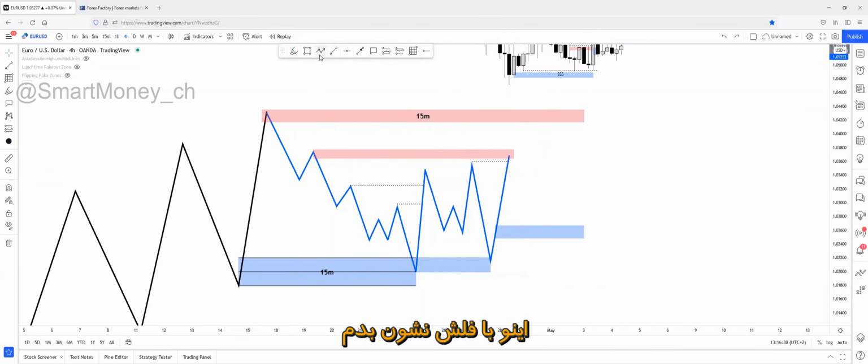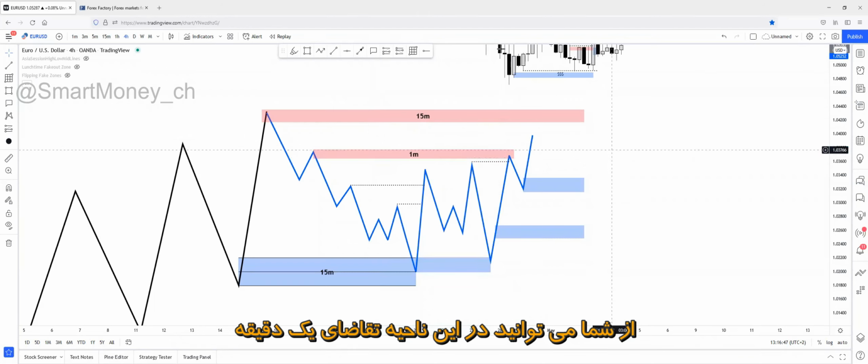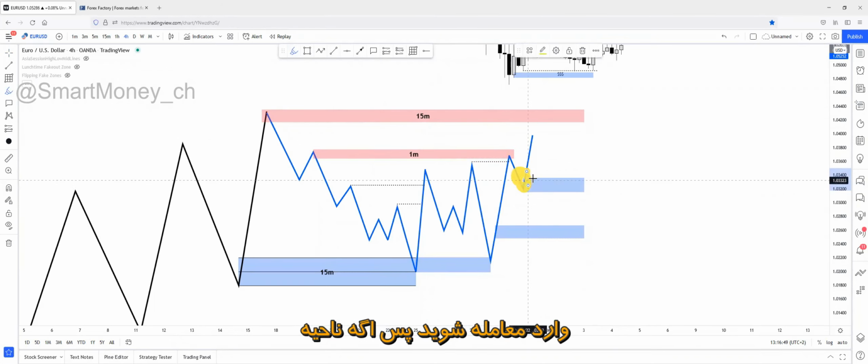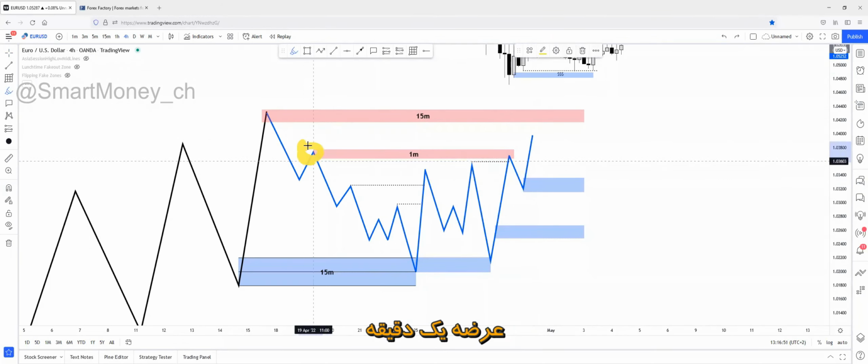I mean, any kind of flip entries. And this will be a 1 minute zone. So you'll be able to enter based on this 1 minute demand zone. If a 1 minute supply is being flipped by a 1 minute demand zone, then you will be able to enter on this demand zone. I mainly use limit orders when this kind of scenario happens and target the next recent unmitigated 15-minute zone.